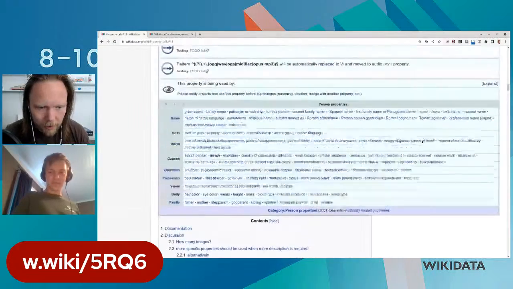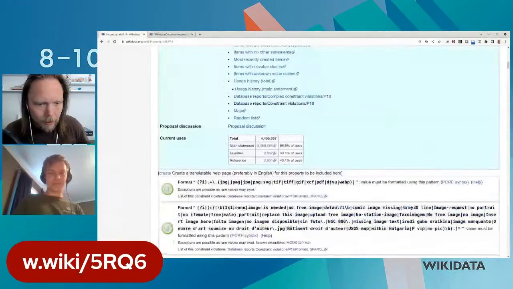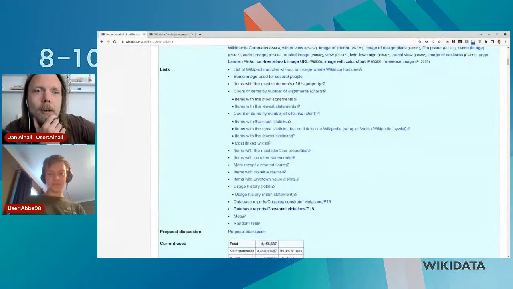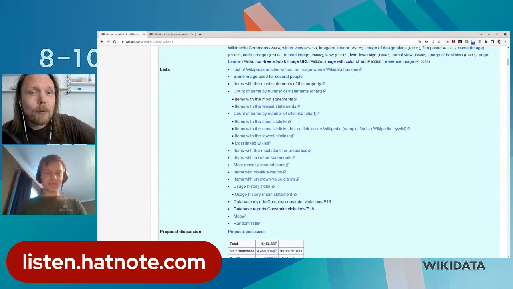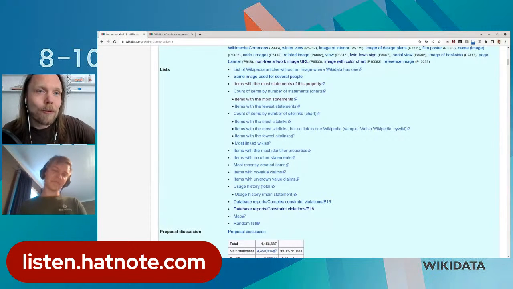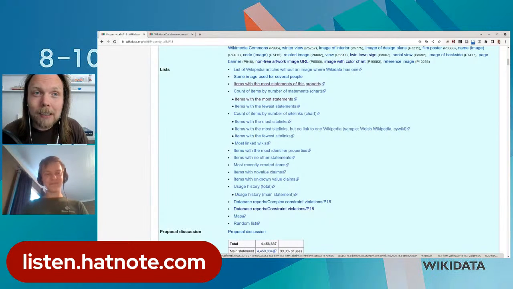But we're not going to go into the discussions now, because today for quality we're going to take a look at the things here in the green box at the top. And there's always, I think, I haven't seen any yet without, at least something for everyone. These lists have a number of different things, and depending on the property, some are more useful than others. So for example, now we're looking at the image, we can see items with the most statements of this property. That might be interesting, because in general we shouldn't have that many statements on the image property. So let's just check. I click this one, open it in a new tab,